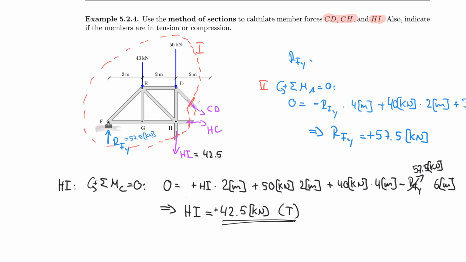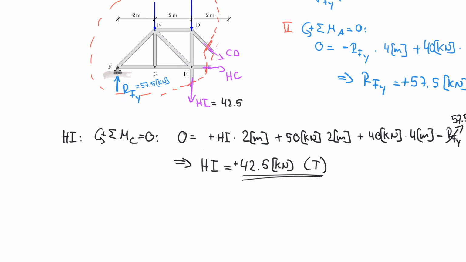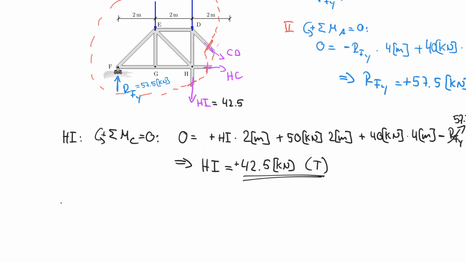For example, the next easier step probably would be to calculate CD, right? So let's look at CD, and I can do that by the sum of the forces in the y direction, because CD is the only one with a vertical component that is unknown. So upwards positive is equal to 0, and 0 is equal to minus CDY, vertical component, minus 42.5 kilonewton,